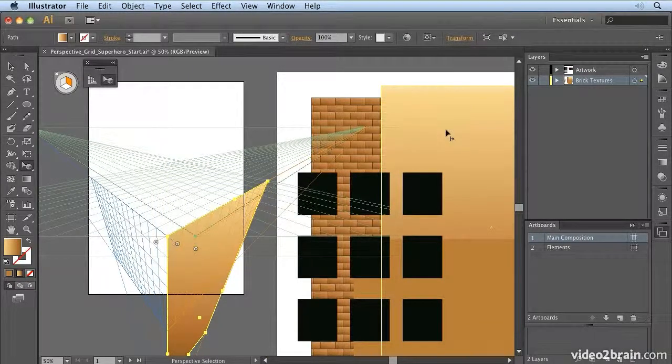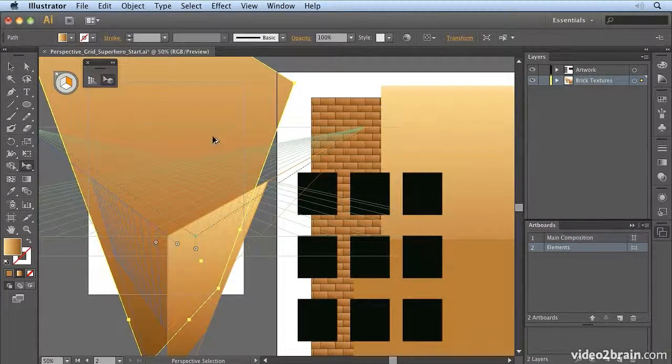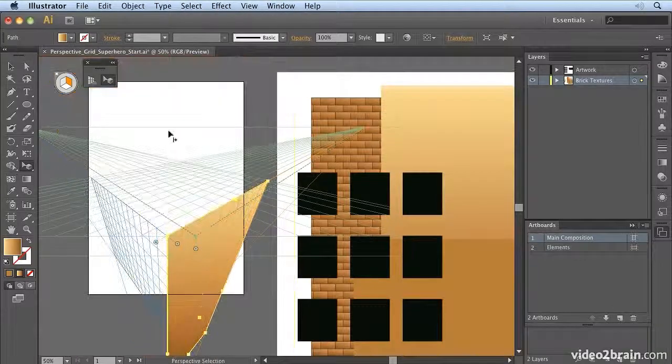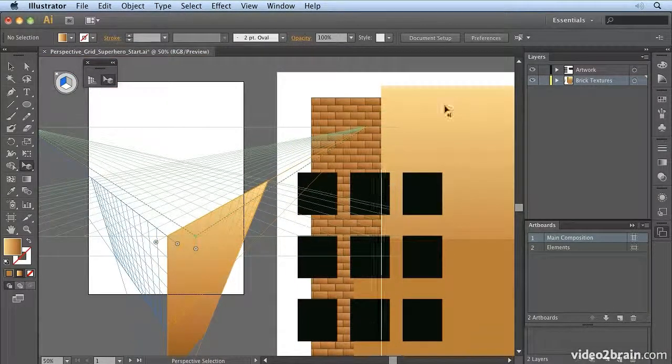Now I'm going to bring this side of the building in. If I was just to drag it in, holding down Alt again as I drag, it will place it into the same perspective as this one, so it looks as if it's just sitting behind it. So instead of doing that, what I'm going to do is click on this plane, and that makes the blue plane active. So when I hold down the Alt key and drag this time, it's going to place that into the blue plane, and I can snap it using